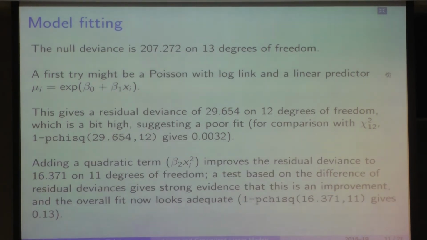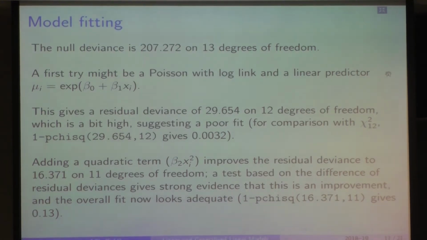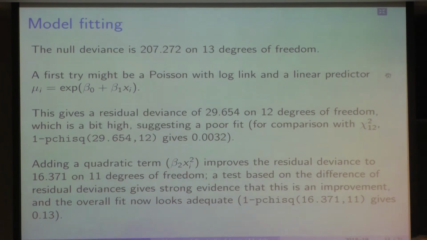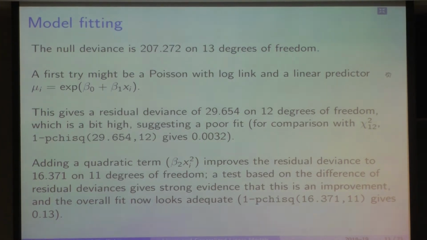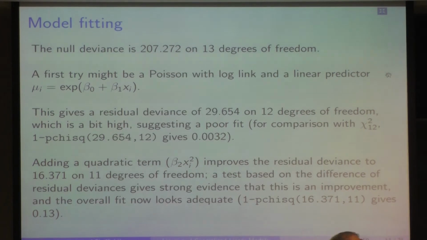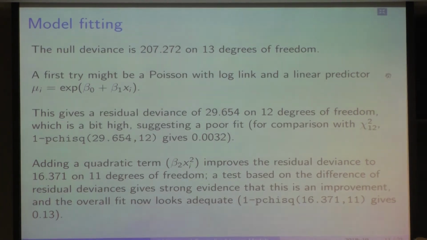So one thing that we can do is add a quadratic term. We've seen earlier in the course that this is often a trick which we can use if we think we have a poor fit. We can try and improve it by adding a quadratic term. Okay, so what happens if we do that? Well, we've added an extra parameter, so we now have 11 degrees of freedom, and the residual deviance reduces to 16.371. The mean of a chi-squared with 11 degrees of freedom is 11. So this perhaps still looks a little bit large,